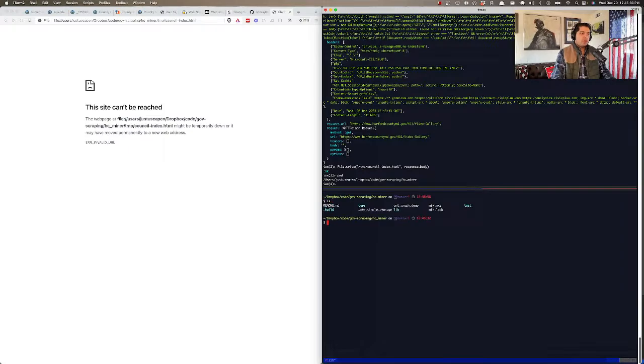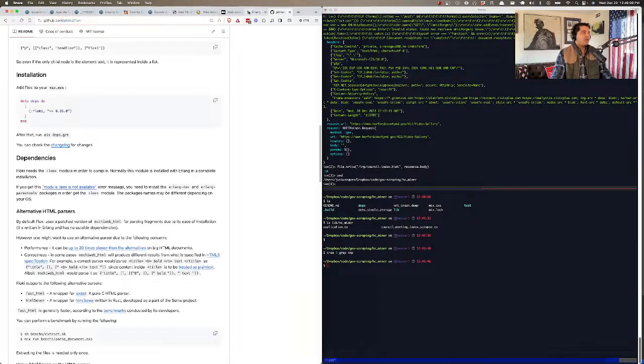Tree grep tmp. There's no tmp. What? I don't understand. Where did this tmp file get written to? Did it just not get written? I don't understand. It's not really important, I guess, but